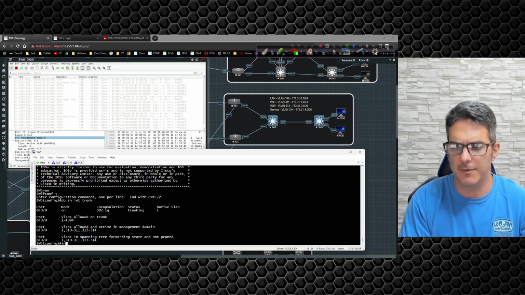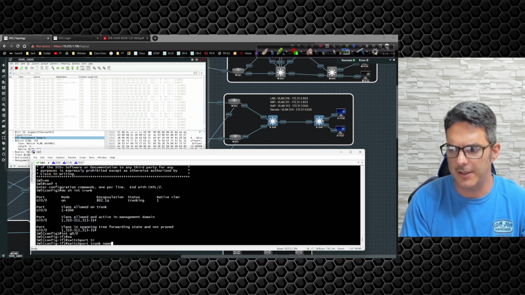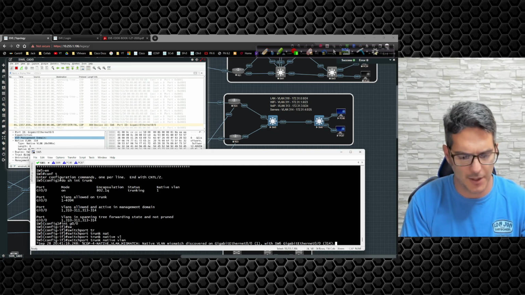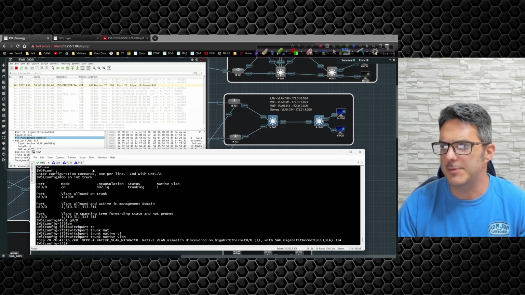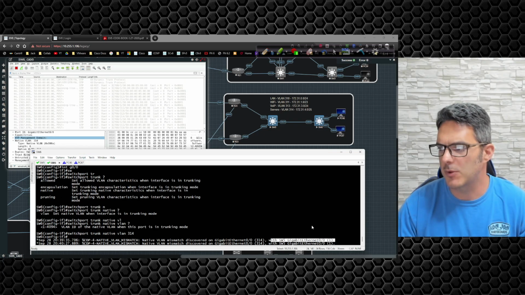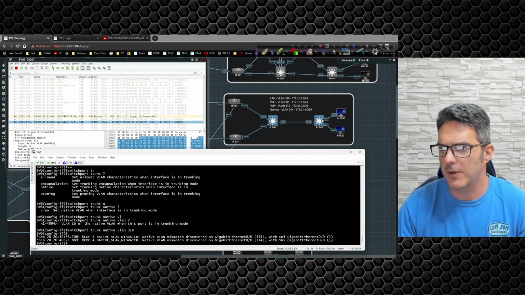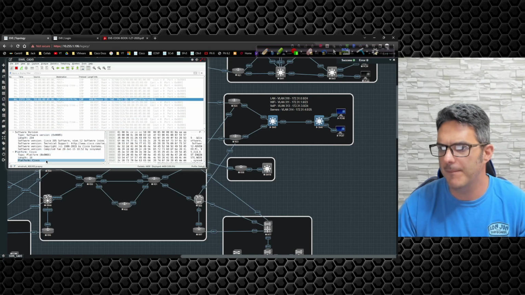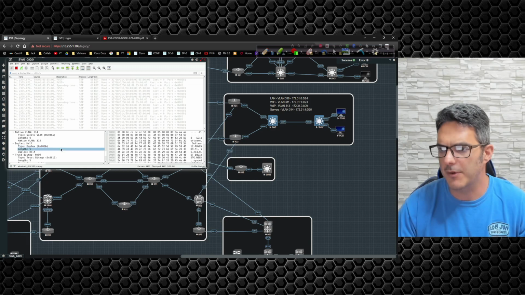I'm going to come in here and say interface gig 0/0, switch port trunk native VLAN 314. Okay, now that that's been adjusted, we go back to switch 6. We're no longer going to get that squawk, and we're in good shape. So now we see all these messages going back and forth. If we click right there, now we can see that it is 314,